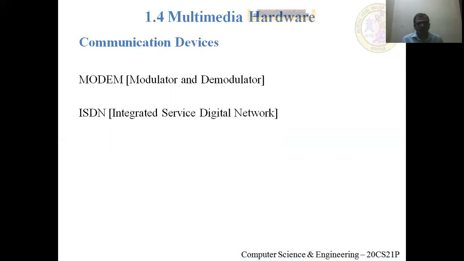The modem stands for modulator and demodulator. The modem converts the AC signals to DC signals via which the data can be transferred in the system in a digital format. And then again, the DC signals can be transferred into AC, that is called demodulation. So modem performs both the actions, modulation and also demodulation. ISDN stands for Integrated Service Digital Network, via which we get the internet connection from the different service providers.